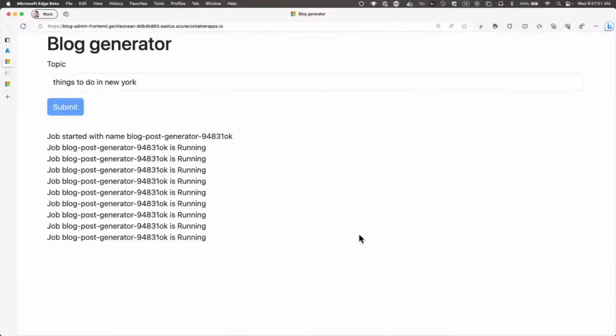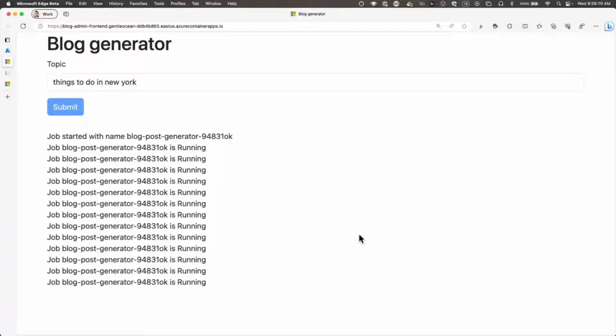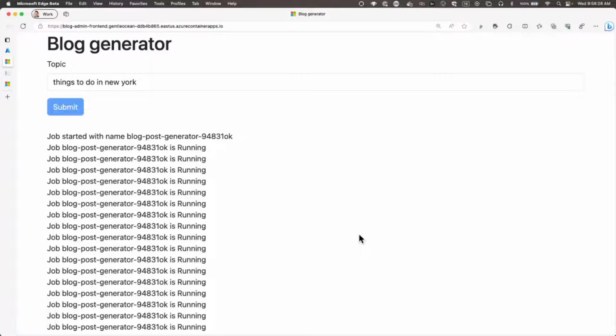Hopefully within a few seconds this is going to complete. This is one of the good things about a job. If it takes longer, say you want to generate an even longer article, it could take a few minutes, maybe even longer. Also, for things that don't call APIs, things that require a bunch of CPUs or a lot of memory that you probably don't want to run within a container app that's running a web app, we can do that within a job. This is actually taking longer than when I tried it maybe 10 minutes ago, so hopefully it does work. Maybe we can leave it up on the screen